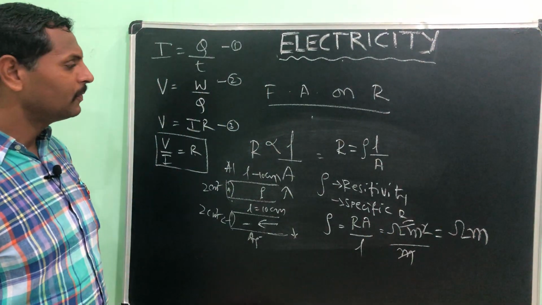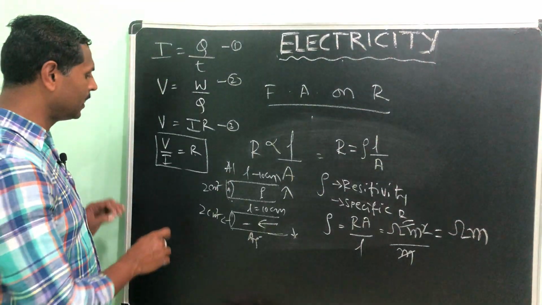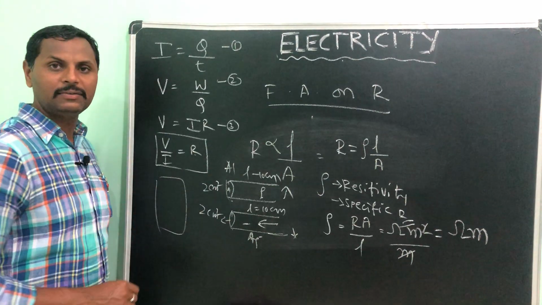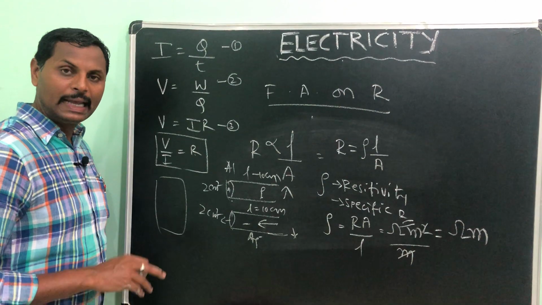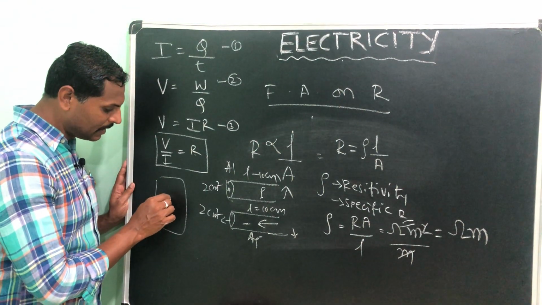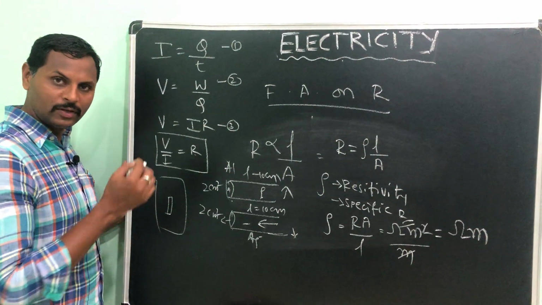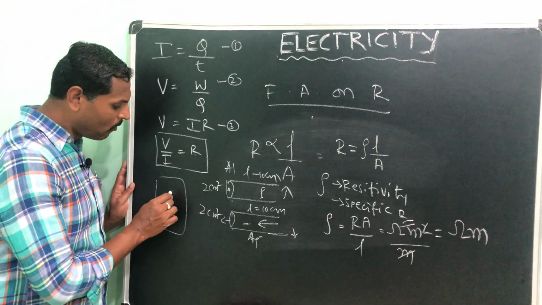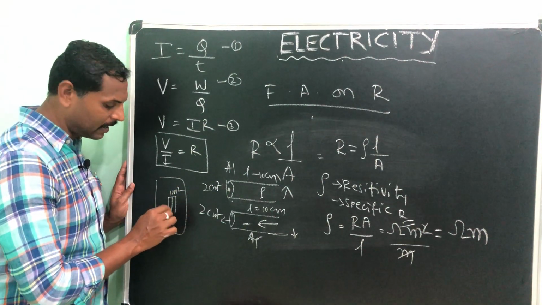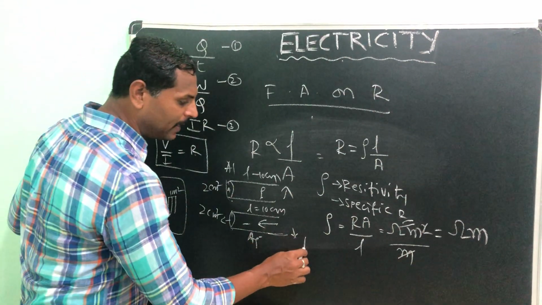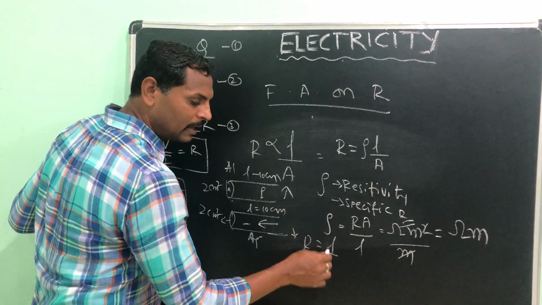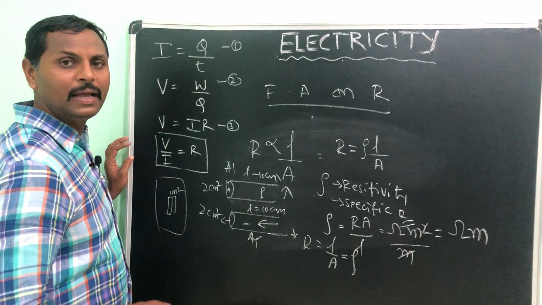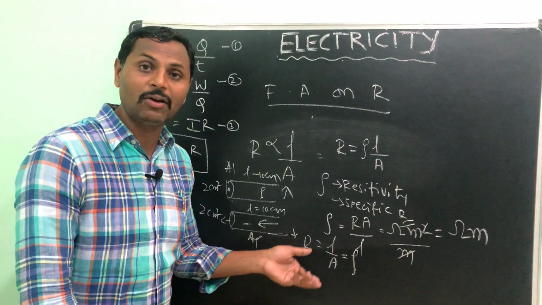Okay, right. If someone asks you, a big copper boiler is there, what is its resistivity? Simply what you have to do is take a 1 meter length of this boiler, cut 1 meter of copper from this, with 1 meter square area, and then find the resistance of that length and area. That will be its resistivity.